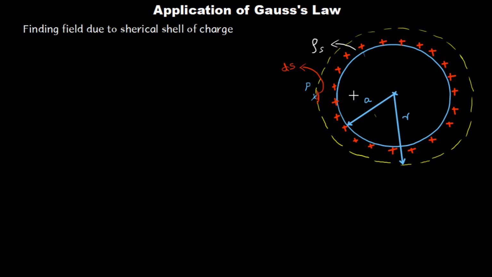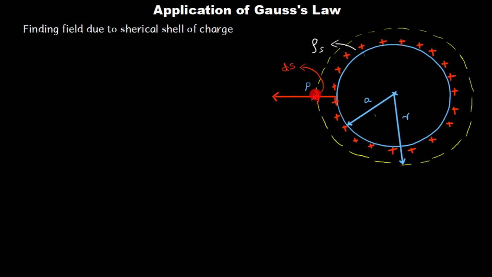Okay, so maybe that flux is in this direction, because it will be radially outwards passing through this point. So you will have flux lines radially outwards from the sphere, throughout the sphere. I am just considering where I need to calculate only one point P. You can have this point P anywhere on the surface.